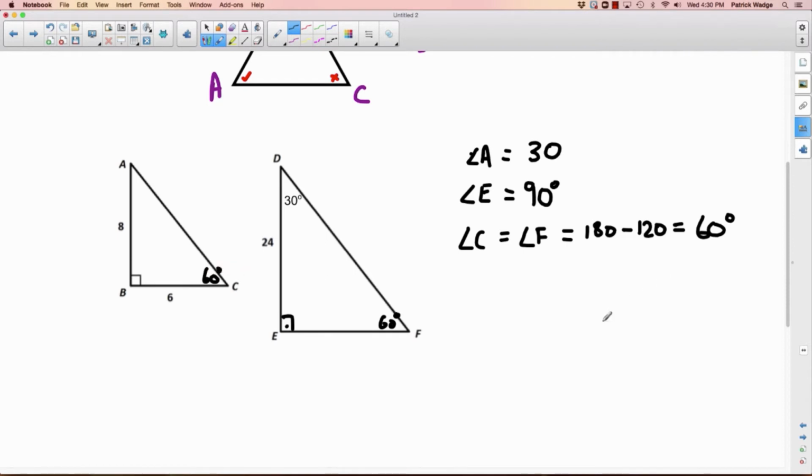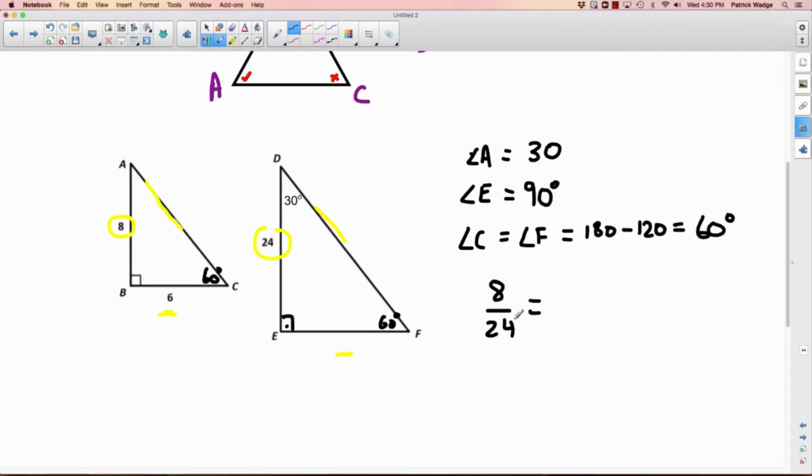Now, in terms of sides, what you need to look for is corresponding sides where you know both of them. So for example, these sides are corresponding, the hypotenuse here and the hypotenuse here, but you don't know the length of either one. That's not going to help you. You know the length of this side, 6, but you don't know the corresponding one there. But here's the one that's going to help you the most. 8 and 24, you know both of those, they're corresponding. That's perfect. So what we're going to do is write those two sides as a ratio. So we have 8 over 24